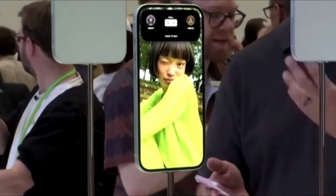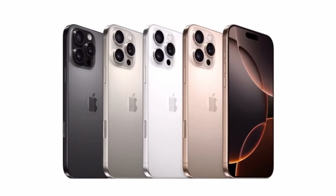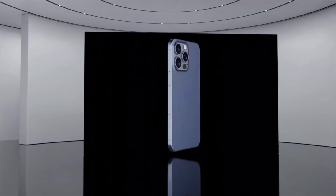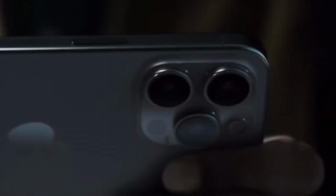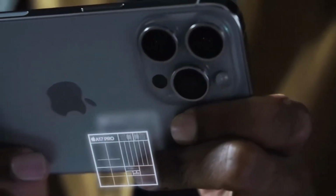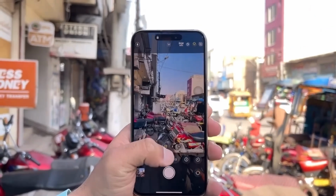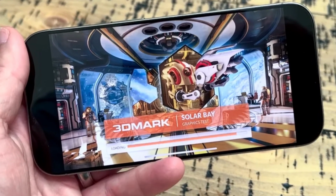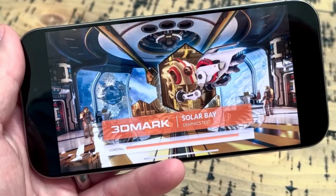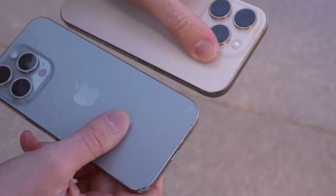Both the iPhone 16 Pro Max and iPhone 16 Pro offer excellent image quality with their 48-megapixel main cameras, decent detail and dynamic range, with good skin tone reproduction. It's not the sharpest front camera in the market, but it gets the job done for most users. As expected, video quality is stellar on both iPhones. The colors, details, and stabilization are top-notch, though there's some minor over-sharpening that can be noticeable in certain shots. The ultra-wide camera also delivers excellent video performance with great dynamics, making it a versatile option for both photo and